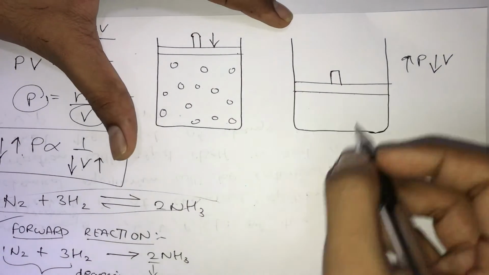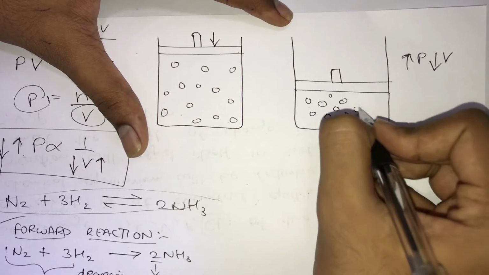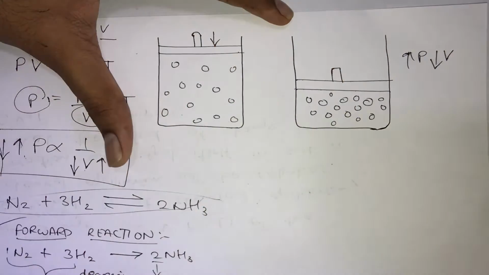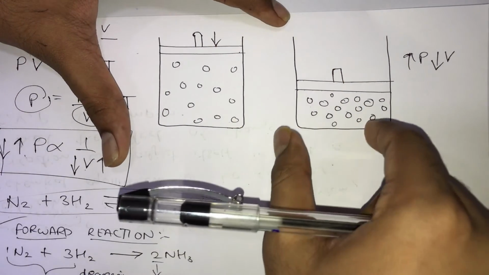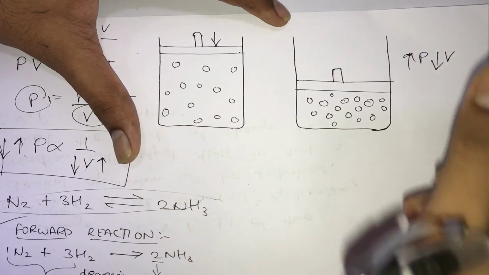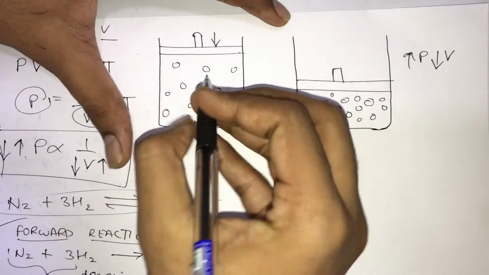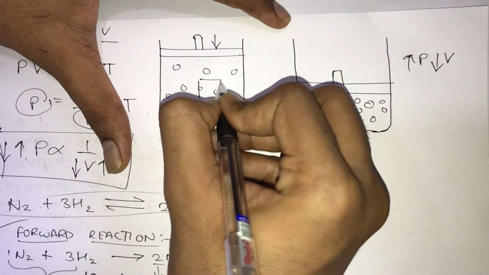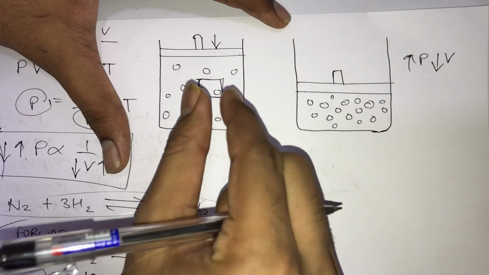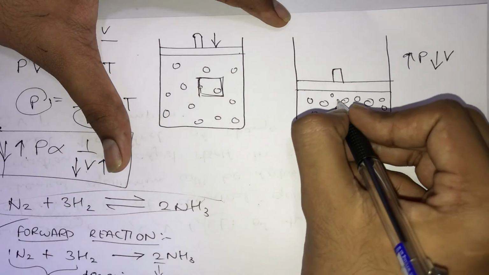Now due to the change in volume, what is going to happen? Can I say guys that the molecules will now come closer to each other? Initially they were far away, but now since you have decreased the volume, what has happened is that the molecules are coming close to each other. Now ahead what I am going to do, I am going to consider a volume of 1 meter cube. Let's consider any volume. I am going to observe any volume of 1 meter cube. Same volume I am going to observe over here also.